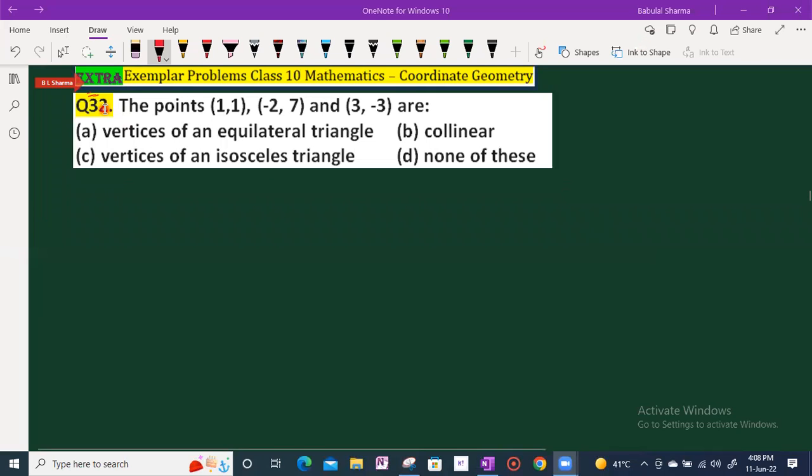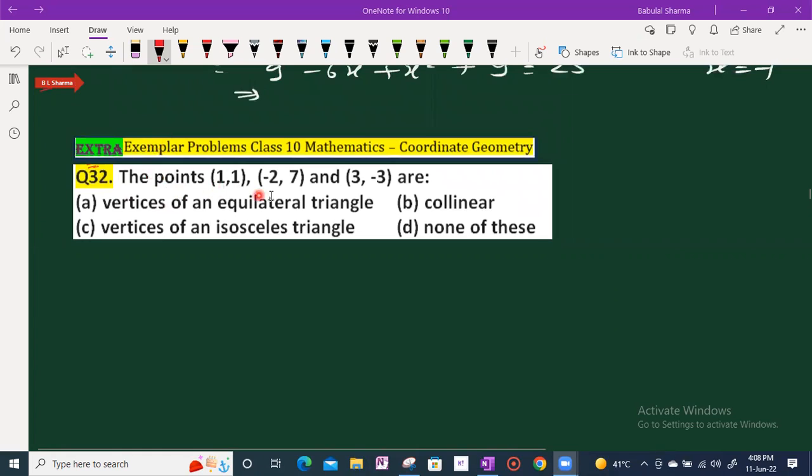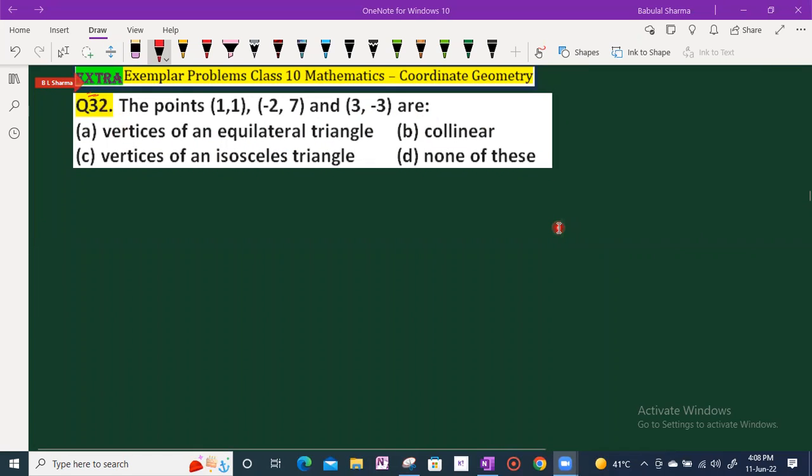Next question. The points 1, 1, minus 2, 7, and 3, minus 3 are vertices of an equilateral triangle, are collinear, means lying on the same straight line, or vertices of an isosceles triangle, or none of these. इसके लिए हमें डिस्टेंस फाइंड आउट करना पड़ेगा. देखिए लेट